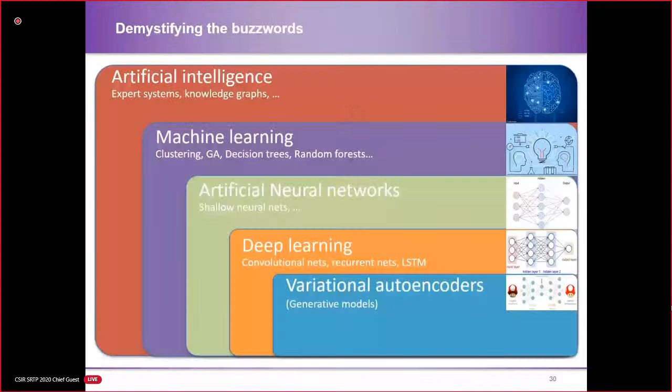So I thought it would be good to actually demystify some of the buzzwords, because we hear AI, we hear deep neural nets, we hear many other terms, machine learning, what they actually mean. If you call this deep neural network, which I'm going to show you, AI, you're not wrong, but you're not specific. AI is a general term, which can include expert systems, knowledge graphs, or machine learning techniques like random forest, supervised, unsupervised. This is like an umbrella term for